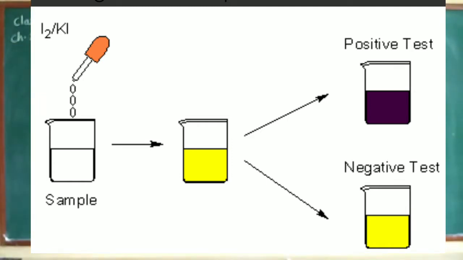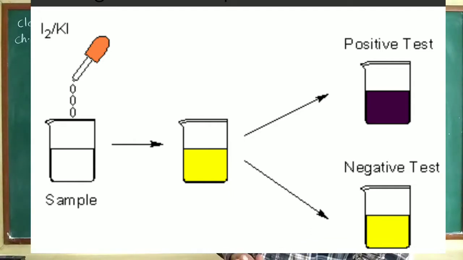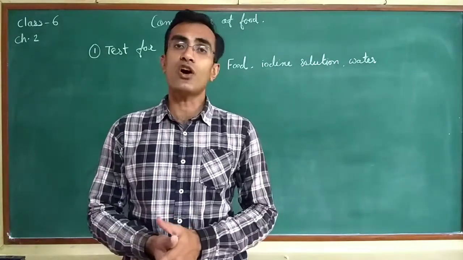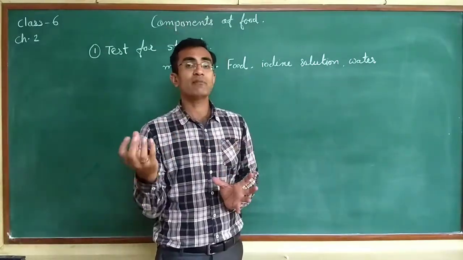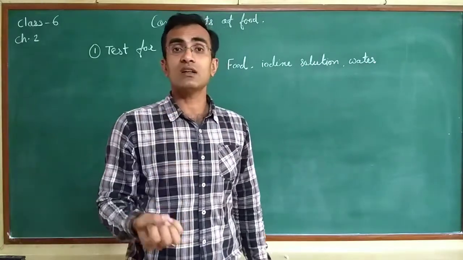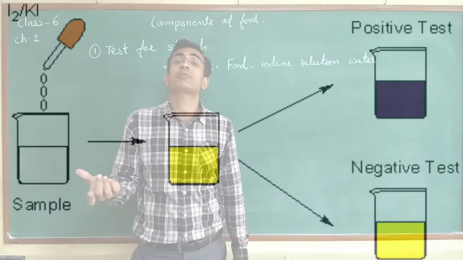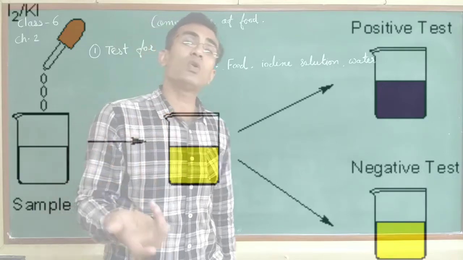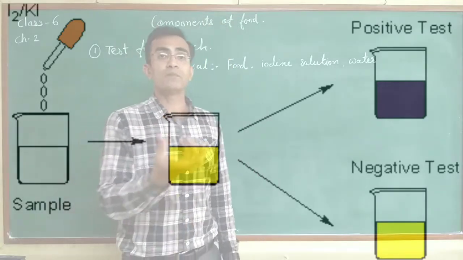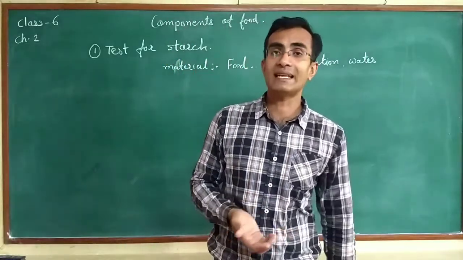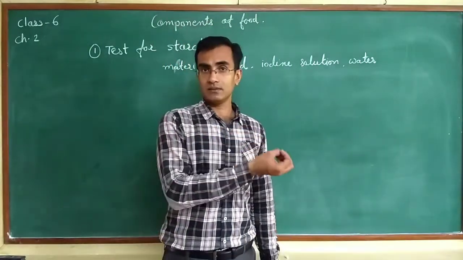So now you know how to perform the testing to identify the presence of starch. What material did we need? We need iodine solution to find the presence of starch. When iodine binds with starch, it changes the color from normal to bluish black, and that is the indication of the presence of starch, so that we can know that the food material contains starch. Now we'll perform the second experiment, that is the presence of protein.